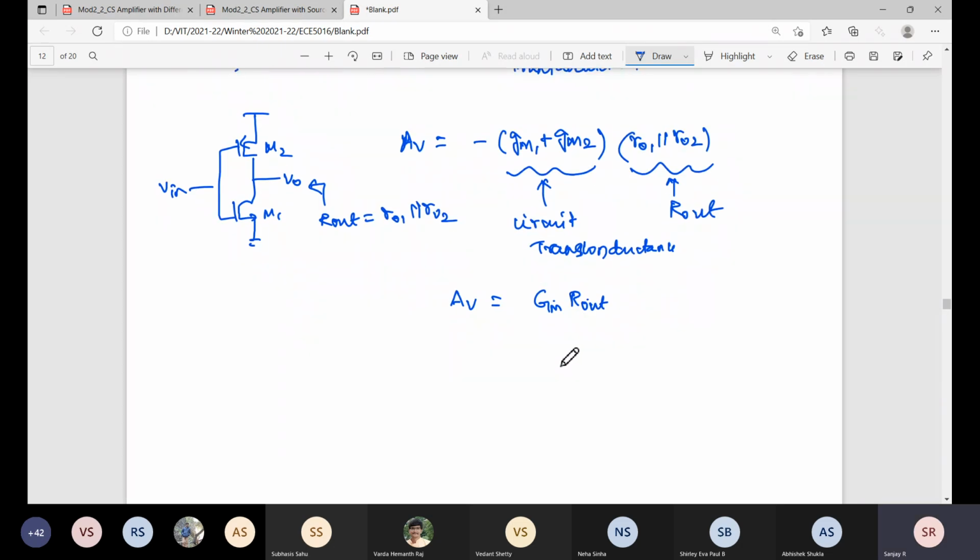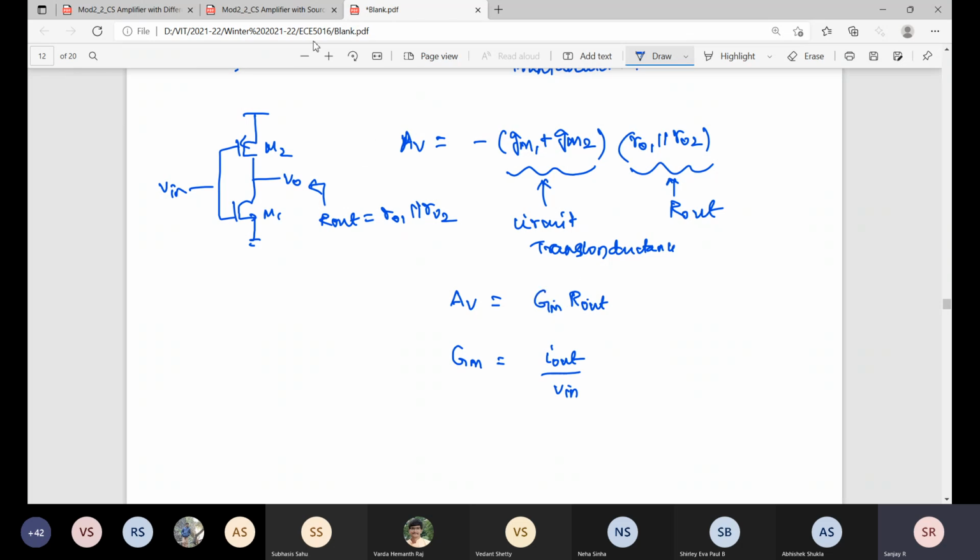Can resistance be negative? No. So the only possibility is gm. So what is gm? Output current by input voltage; let's take small io by vin. Here which one can be negative, input current or voltage? Current. Am I right? Current direction is different. Definitely. So the amplifier can be defined as an inverting or non-inverting amplifier depending on the polarity of